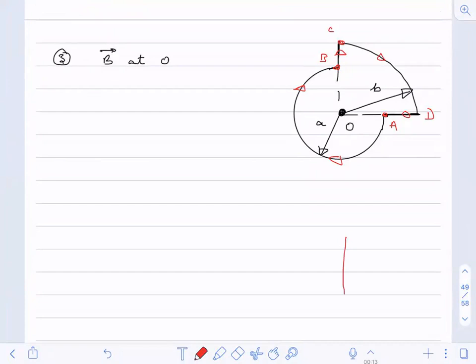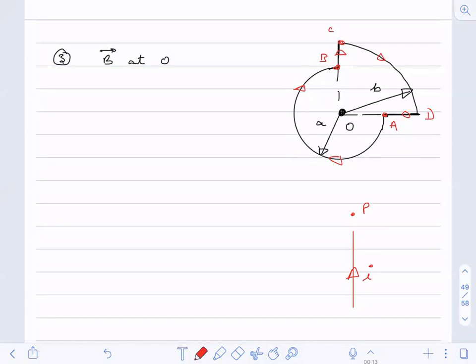can anyone tell me, if we have a current carrying wire which is like this, and I have a point along the wire, what is the magnetic field at this point due to this current carrying wire? Zero. Very good, Darshan and Balaji. Zero. So due to BC and AD wire,